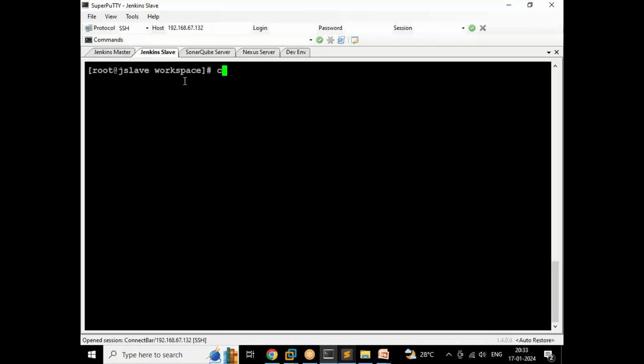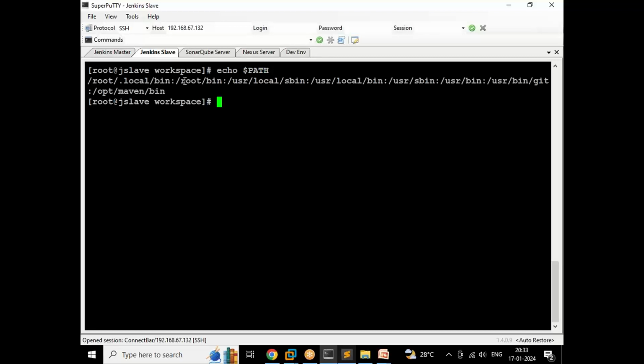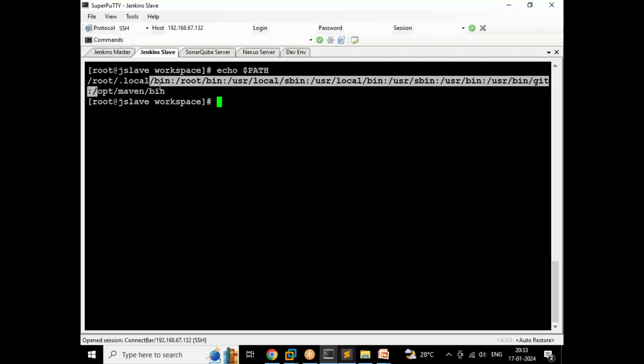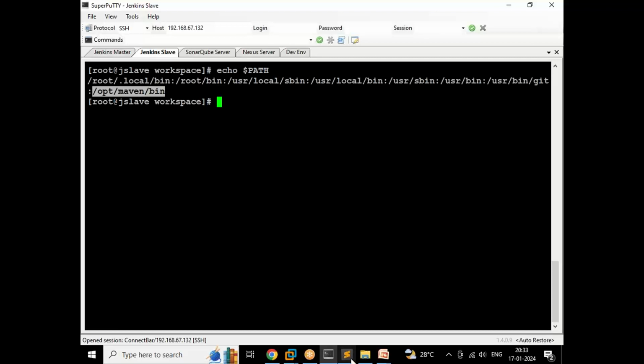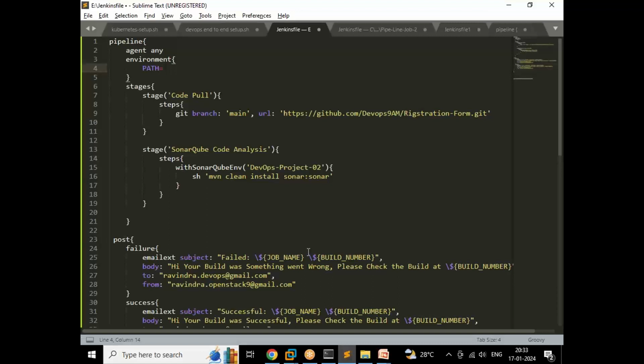Yes, echo $path. Yes, this is our git path, Maven path. Okay, same. Now we need to add here path /opt Maven bin and $env